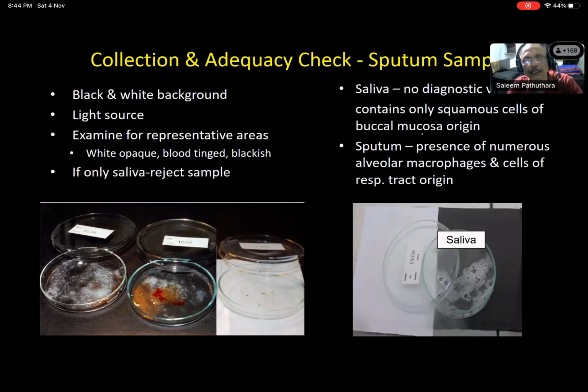Now coming to the sputum. Sputum is another sample received in the cytology lab. Once the sputum reaches the lab, we have to put it in a transparent petri plate or glass petri dish, and you can examine the material. This gross examination is very important for better results. We have to examine for the presence of blackish spots, blood tinted areas, and mucoid areas. If the material contains only saliva, the sample should not be received. It has to be rejected, and the patient has to be asked to give a representative sample again. Only samples with mucoid material, blood tinted material, or blackish spots will give optimal results.